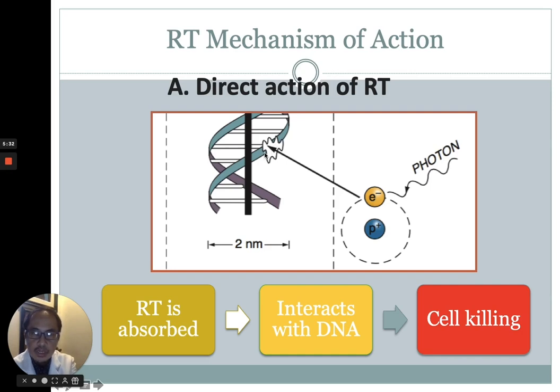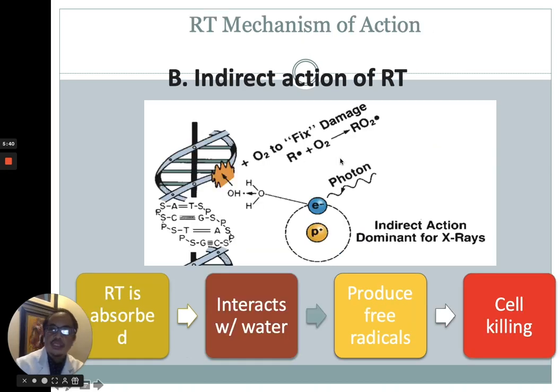So the uncontrolled growth would stop, and eventually the cancer cell will die. Or the second mechanism is an indirect action of radiation therapy, wherein the X-ray or the photon would be absorbed and interact with water. Of course, we know that water is a major component of our cells. And after interacting with the water, it would produce free radicals. And these free radicals would now result in cell killing, making these cancer cells unable to divide,